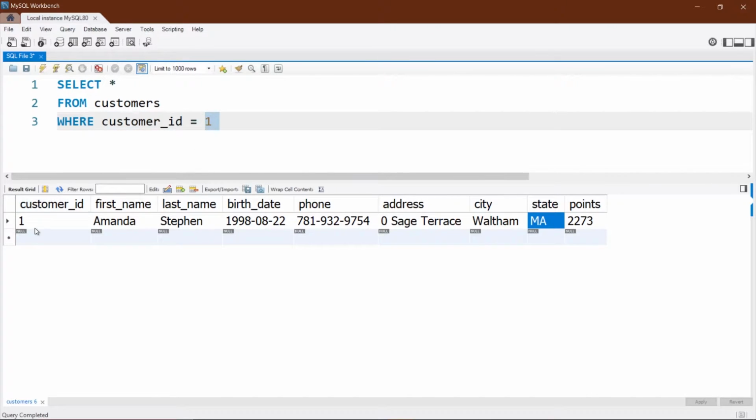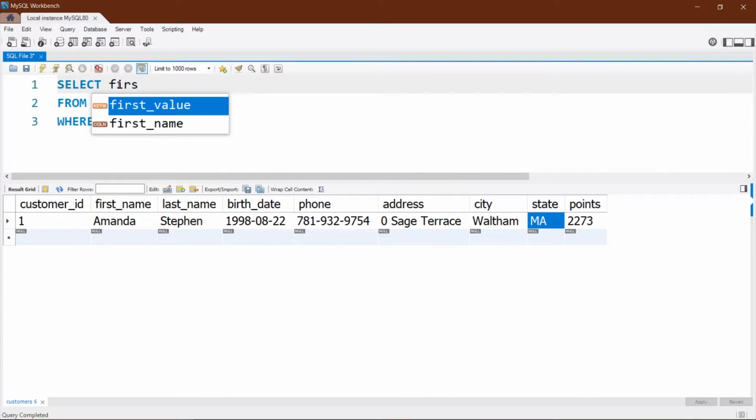So it filtered the customer with customer ID 1, and it showed me the whole row just because I'm using star here. Suppose I wanted to see only the first name and the last name. Then instead of star, I could write first name, comma, last name.